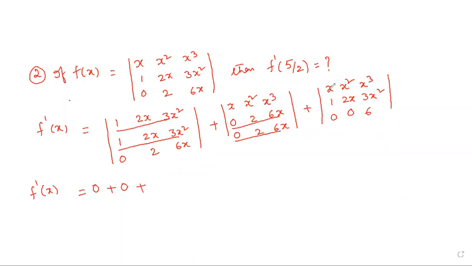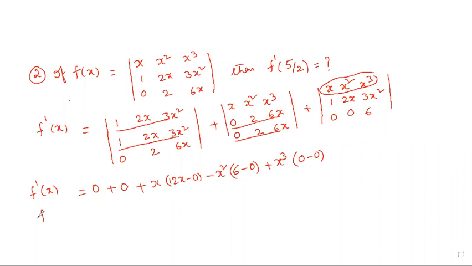Only the third determinant we have. Okay? So the third determinant, expand along the first row and find the determinant value. So x into, x row, x column deleted, 12x minus 0. Next, minus x square, this row and this column, 6 minus 0, plus x cube. Third, first row, third column deleted, 0 minus 0, right?